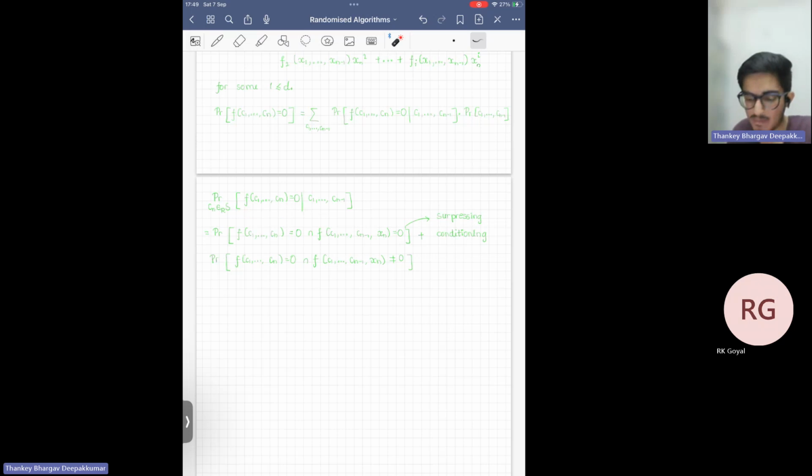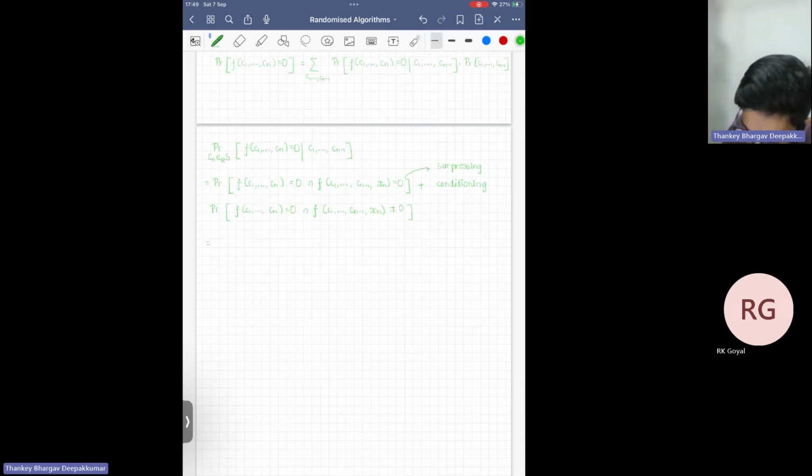But this event can be split into two distinct events, right? The polynomial evaluation is zero and the univariate in Xn, which I get after putting C1 to Cn minus 1, is also zero, plus the probability that the evaluation is zero but the univariate is non-zero, right? Is this fine? Yes. Now the first probability can be further simplified, because if the univariate is itself zero, then all of its evaluations are going to be zero. The first probability is just f of